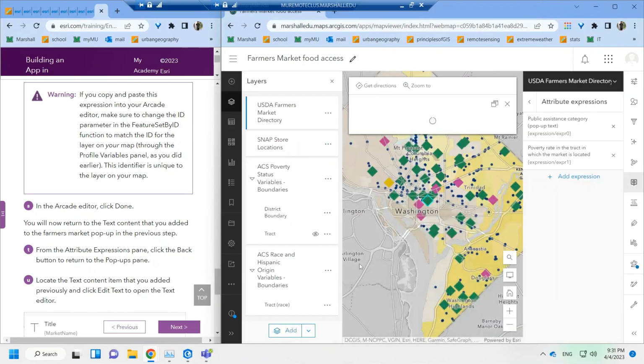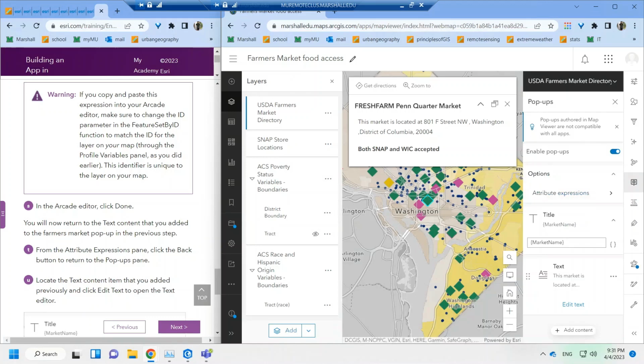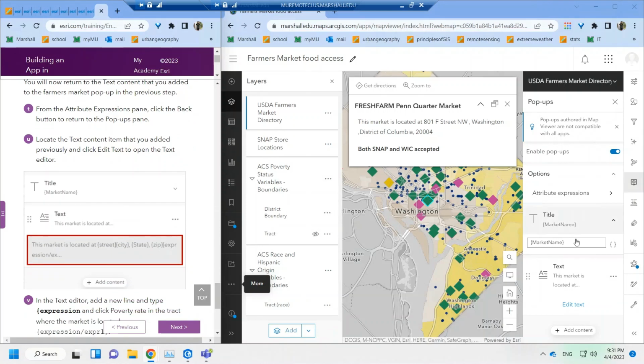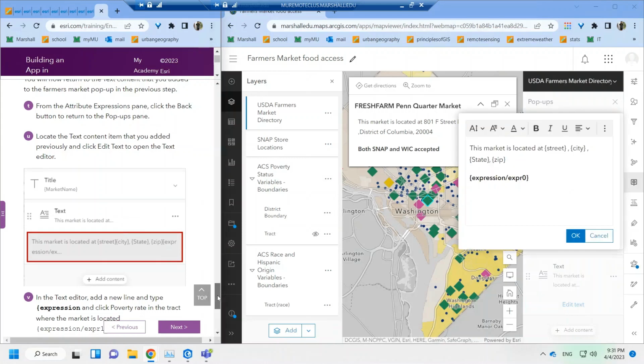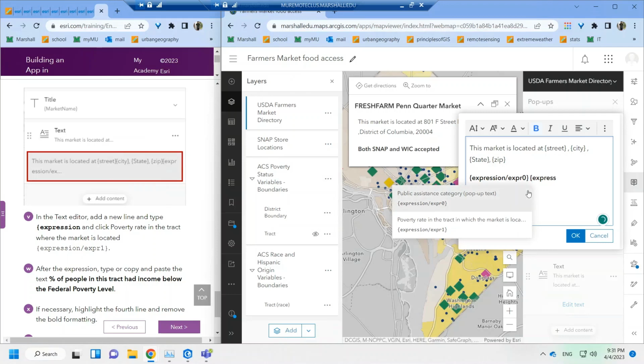You will now return to the text content that you added to the farmer's market pop-up in the previous step. From the attribute expressions pane, click the back button to return to the pop-ups pane. Locate the text content item that you added previously and click Edit Text to open the text editor. In the text editor, add a new line and type expression and click poverty rate in the tract in which the market